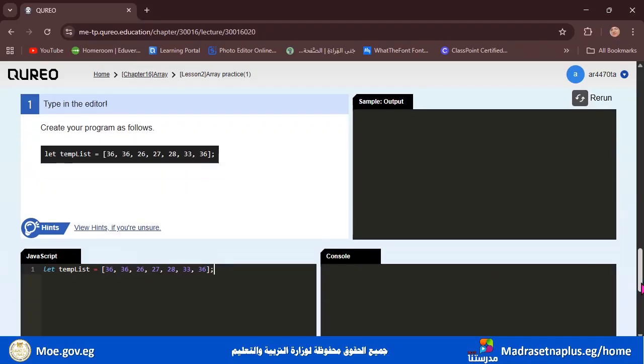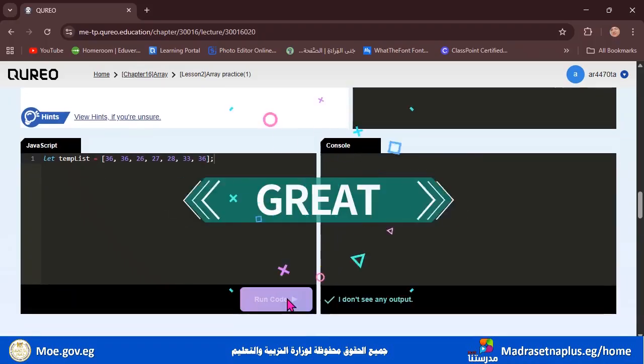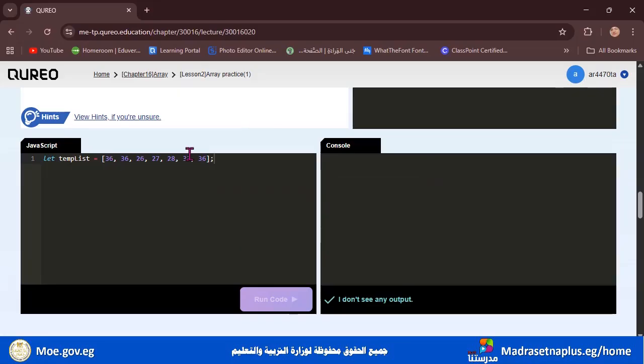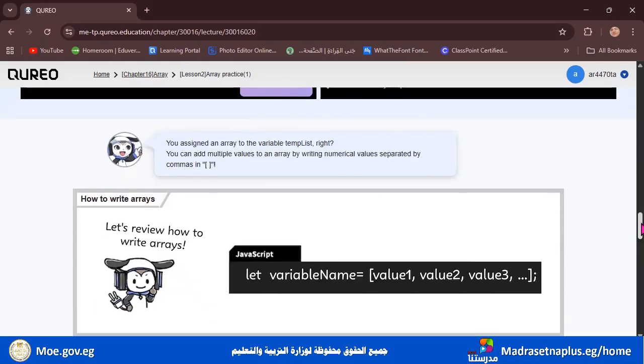Let's check it with me. Let's click run code and great. So this is how to write an array. Okay, you assign an array to the variable templates, right? You can add multiple values to an array by writing numerical values separated by commas in between the square brackets. And how to write square brackets? Just click the